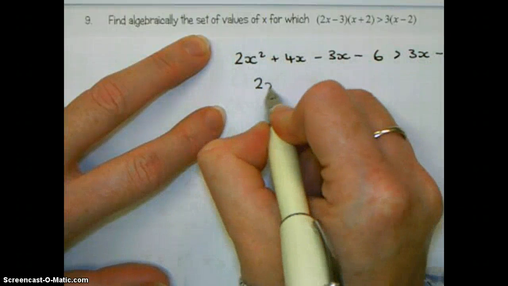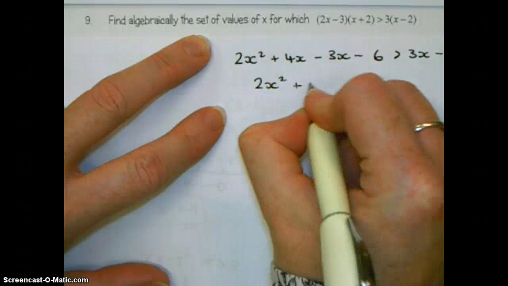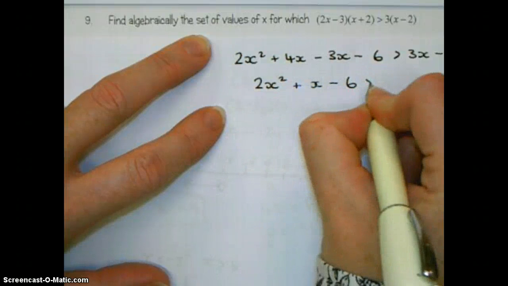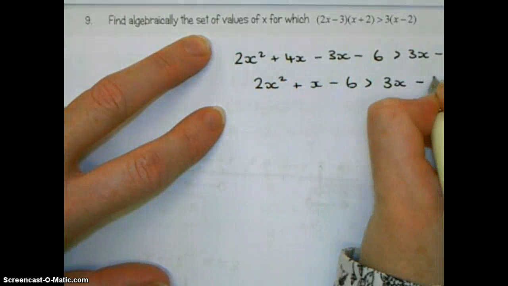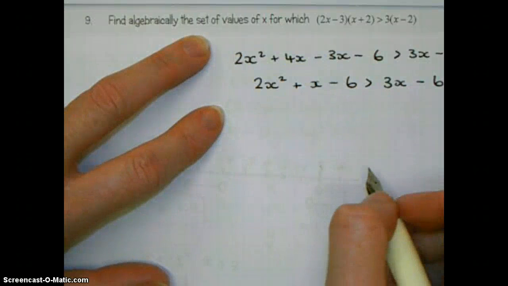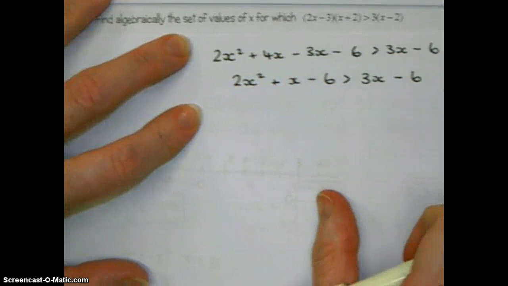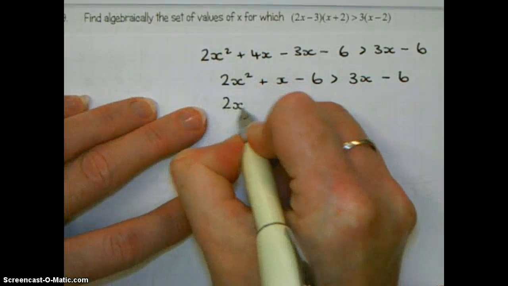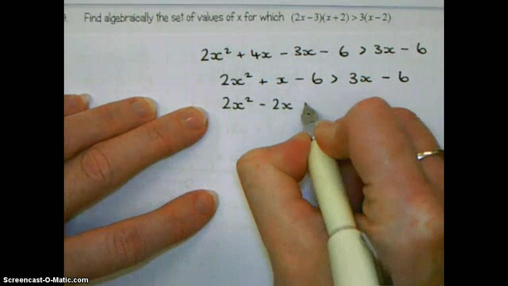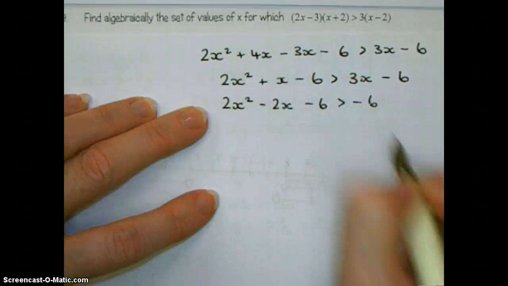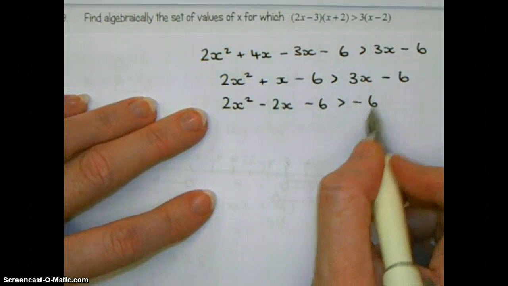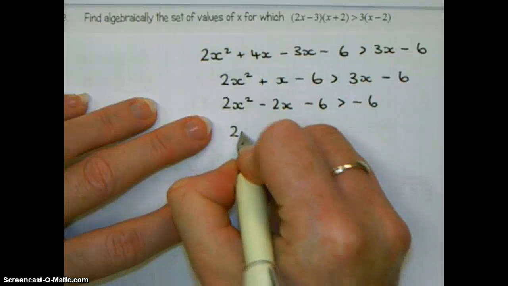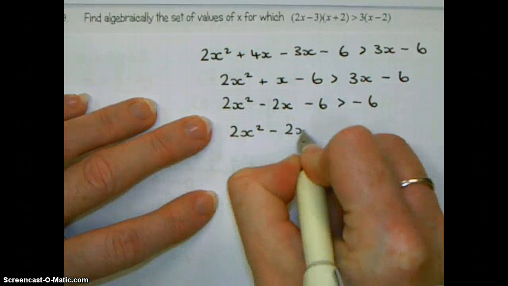This side simplifies to 2x squared plus x minus 6 is bigger than 3x minus 6. I can take the 3x's from both sides, so I get 2x squared minus 2x minus 6 is bigger than minus 6. Add 6 to both sides to make this one a 0, and we get 2x squared minus 2x